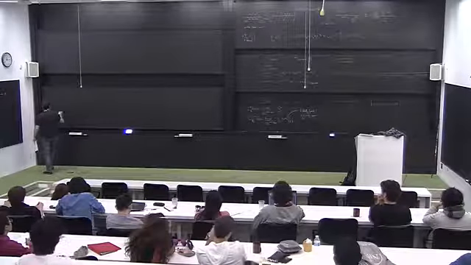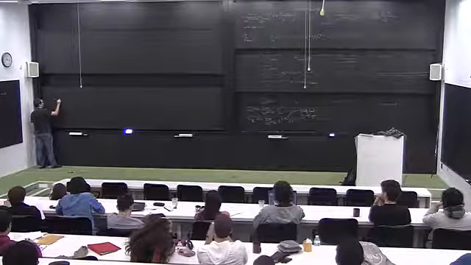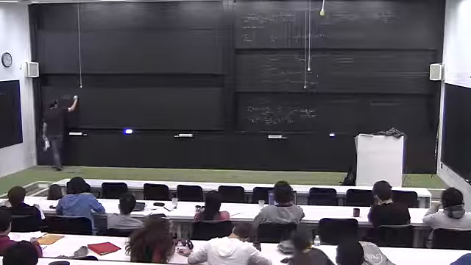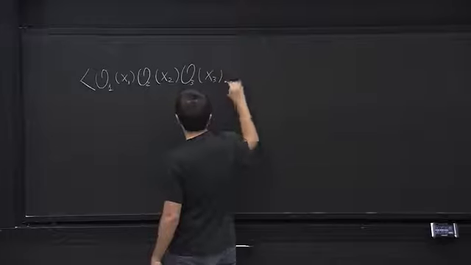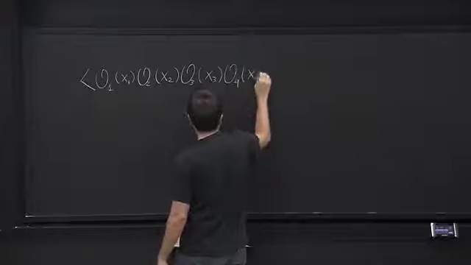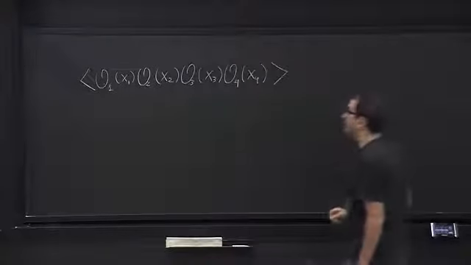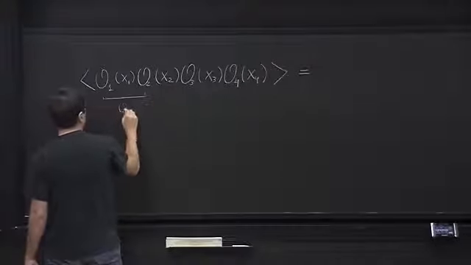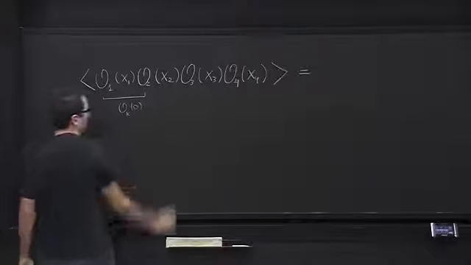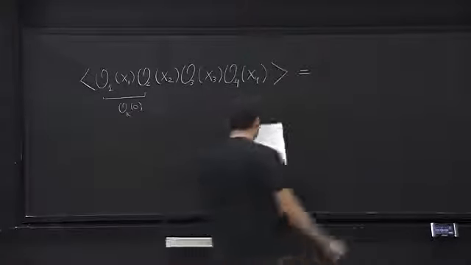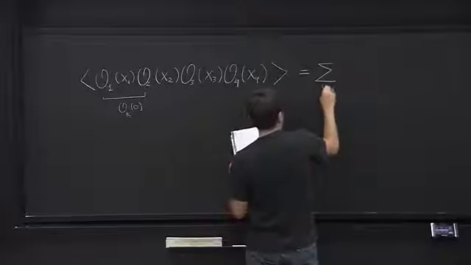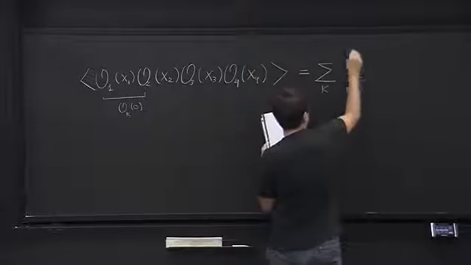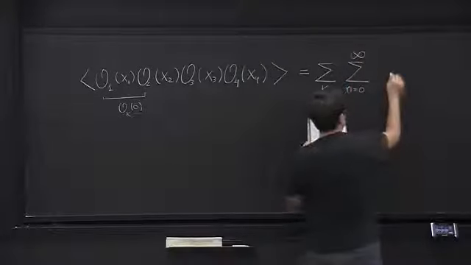And now let's consider a 4-point function. So suppose we have a 4-point function, O_1 at x_1, O_2 at x_2, O_3 at x_3, O_4 at x_4. And let's do what we said. Let's apply the OPE. Let's replace these two guys by some operator, O_k at the origin. So then what do we get? We get the sum over the primaries k. Then we get the sum over n from 0 to infinity, which tells you how many derivatives you get. Then you get this